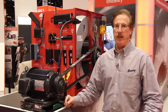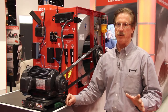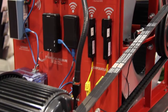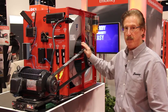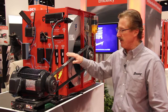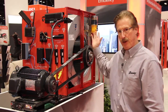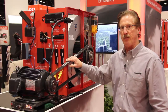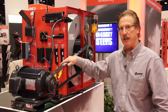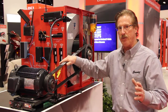What people are most interested in is being able to monitor and measure the electrical consumption and the savings that they're getting. This is a typical 5 horsepower blower belt drive, and by putting the notched belts on, you could save up to 3%. But also over time, through belt wear, misalignment, and filters being clogged, your energy efficiency will drop off. Our motto has been switching out belts to save the green, but now we've moved to sustain